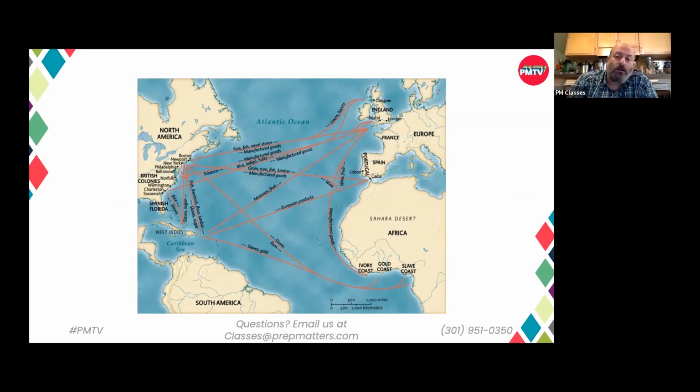The replacement of the system of indentured servitude by slavery took really a short period of time, and by the late 1600s, slavery had completely replaced indentured servitude as the source of a massive labor force in the colonies. Even by 1770, 70 years later, one-fifth of the colonial population was made up of Africans, whether actual slaves or their descendants. And in the Chesapeake, here in the DMV, that included roughly half of the population.